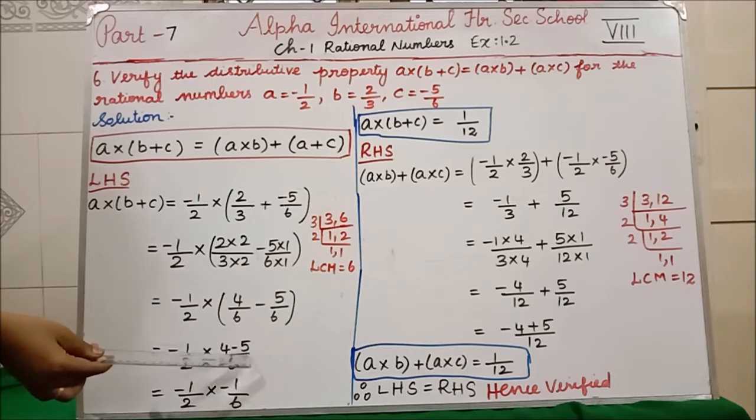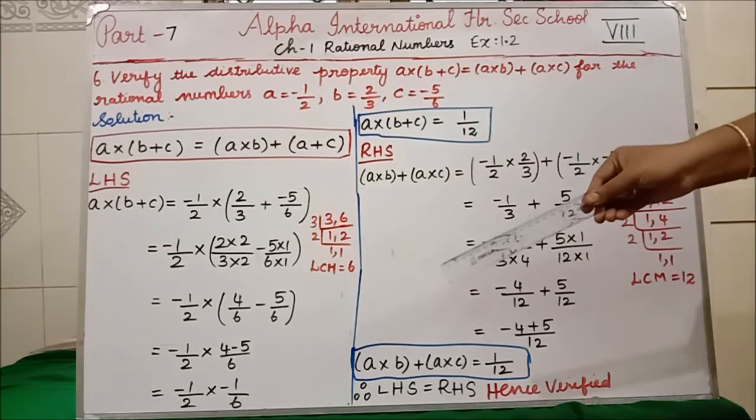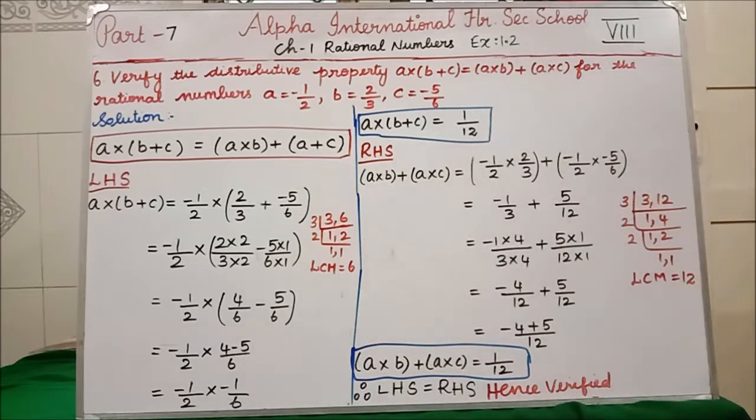Here the greater number is 5, and for that we are having a minus sign. So write minus 1 by 6. Clear? Next step, if you see what I have written, I have written A into B plus C equal to what? Minus becomes plus, and 6 twos are 12. Clear? Now we have got the value for LHS. The LHS value is 1 divided by 12.